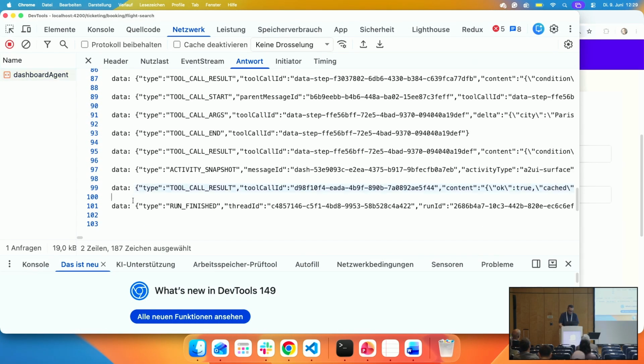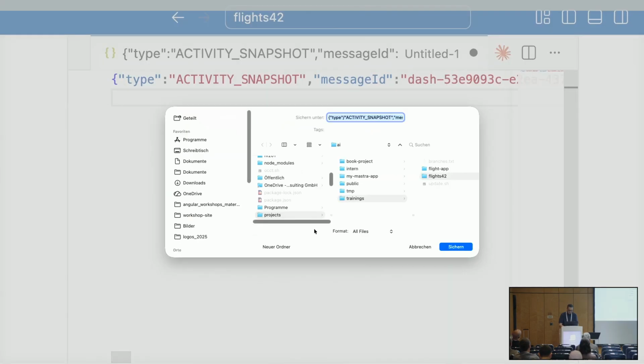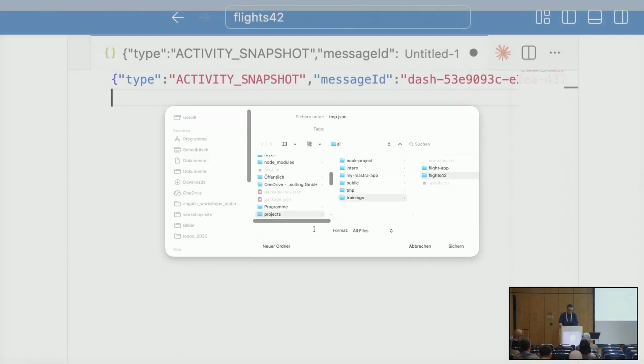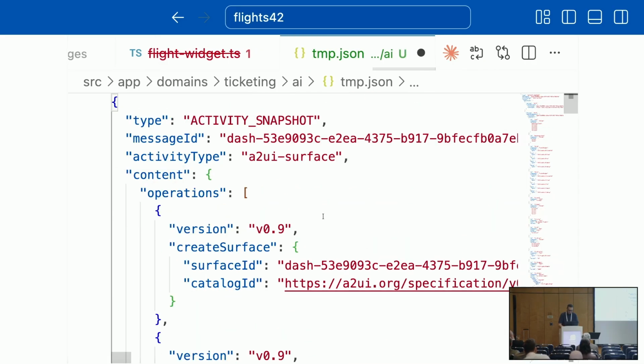And at the end, we have an activity snapshot. It's quite huge, but here you see it's one more time AGUI. We have an activity snapshot.